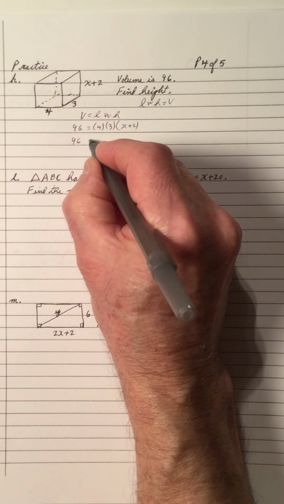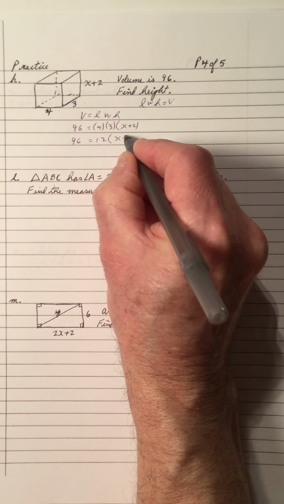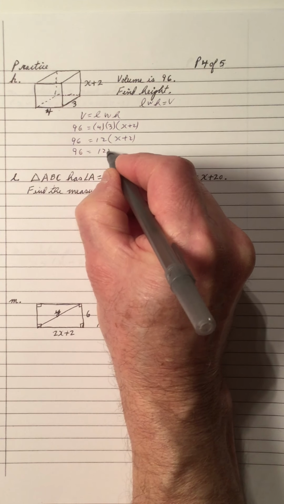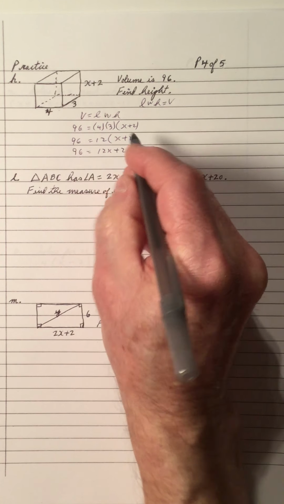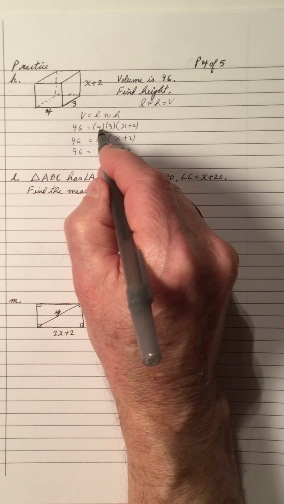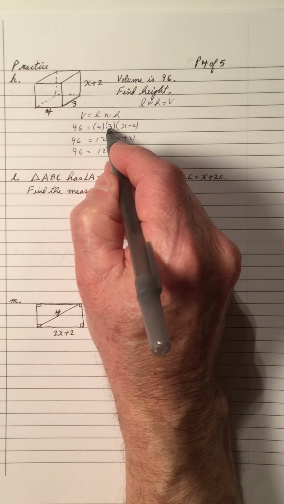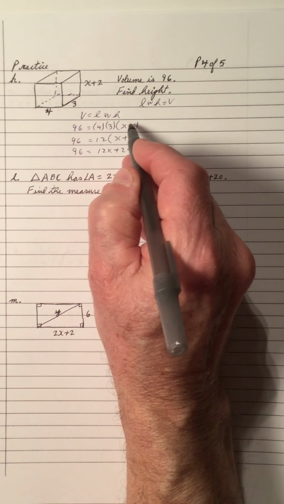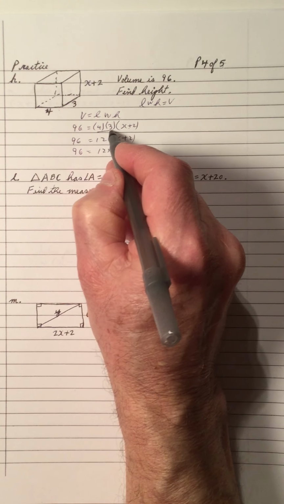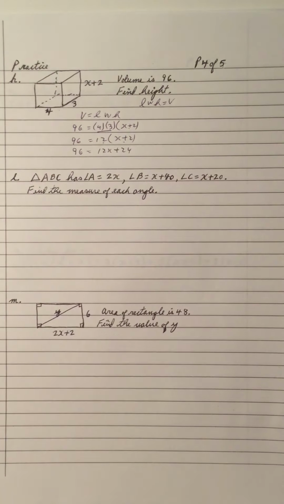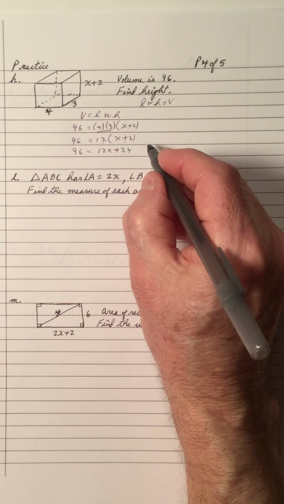And 4 times 3 is 12. We multiply the first two, done. Then we multiply again, and we get 12x plus 24. So notice we multiply these two first to get 12, and then 12 times these. You don't multiply 4 by 3 and then 4 by that. Multiply these two first, and then after. Okay, so we have now,